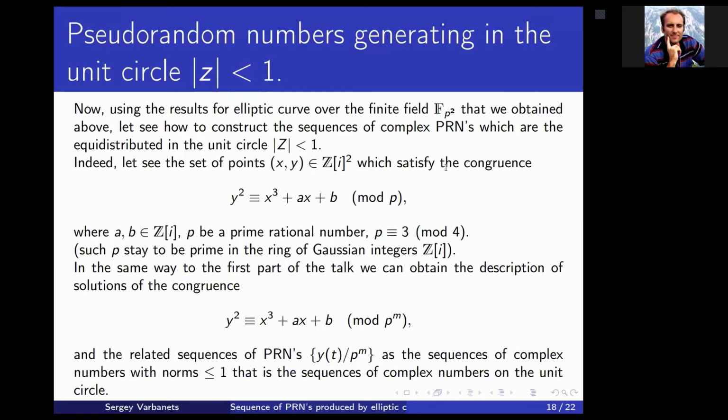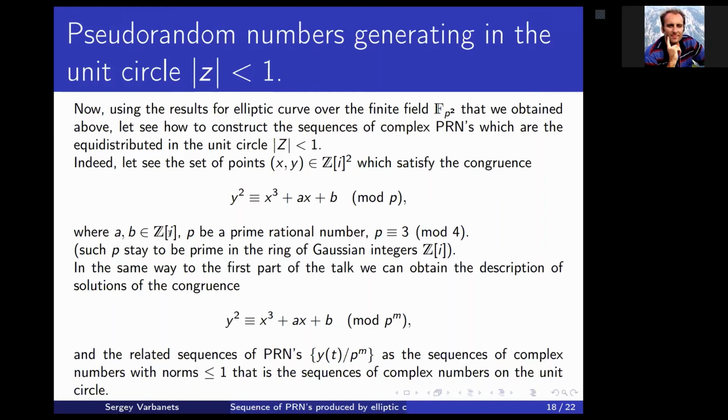So now, using the results obtained by us for the elliptic curve over the finite field F_{p^2} that we obtained above, let's see how to construct the sequences of complex pseudorandom numbers which are equidistributed in the unit circle. Indeed, let's see the set of points x and y which satisfies the following congruence, where a